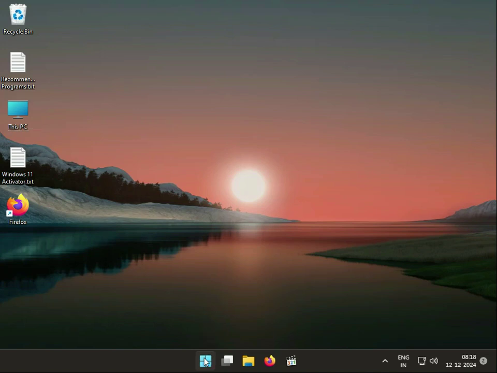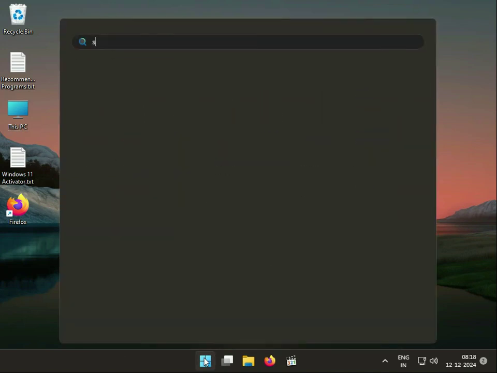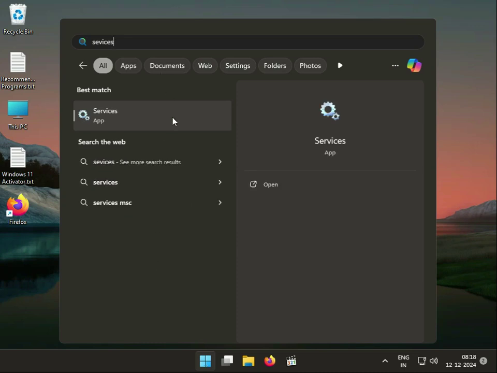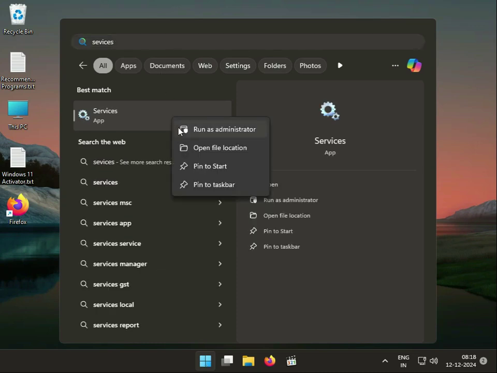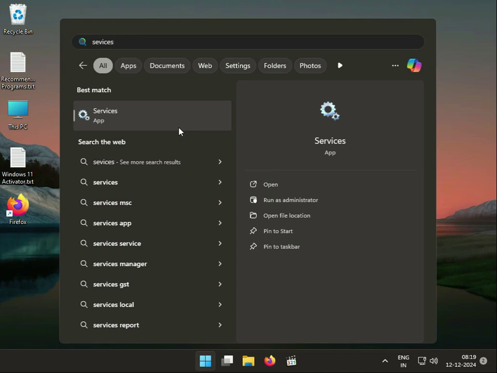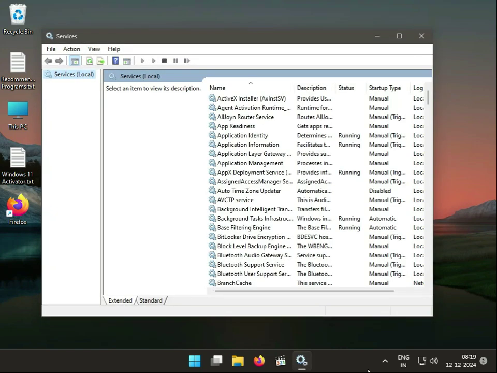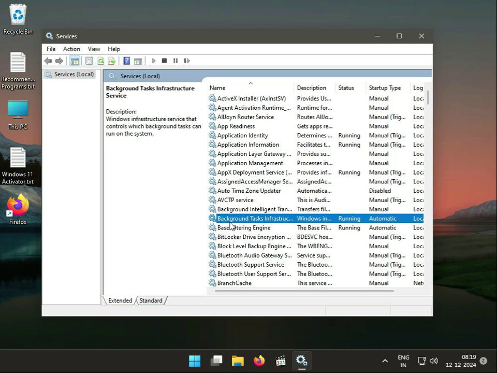So click start, type services, right click to run as administrator, then click on background, this